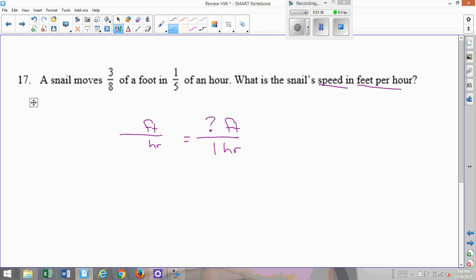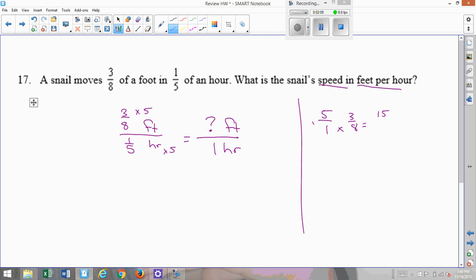This is going to be an hour. And then we look at this and we say, okay, well, it's 3/8 of a foot, and we have 1/5 of an hour. Well, how many 1/5s make up 1 hour? Well, it's 5. So you'd be multiplying this by 5, multiply this by 5. So off to the side here, I do 5 over 1 times 3/8, and I can't cross cancel, so I